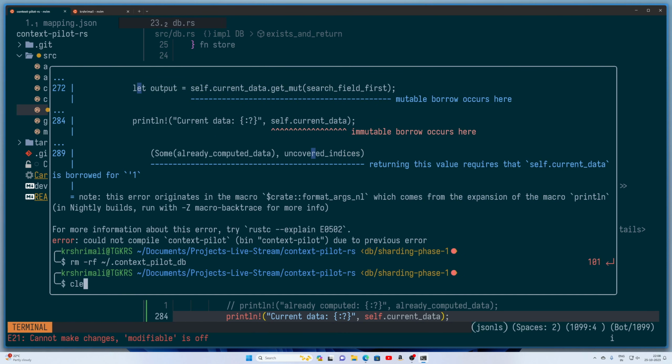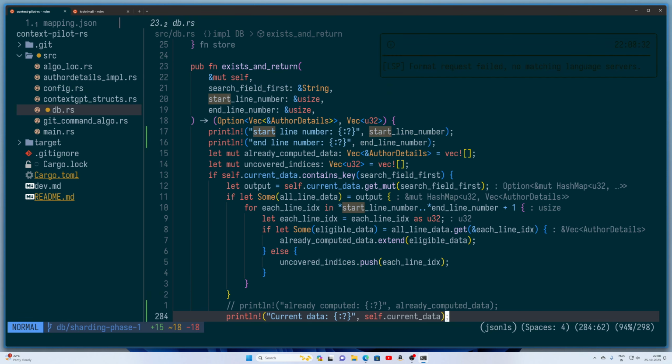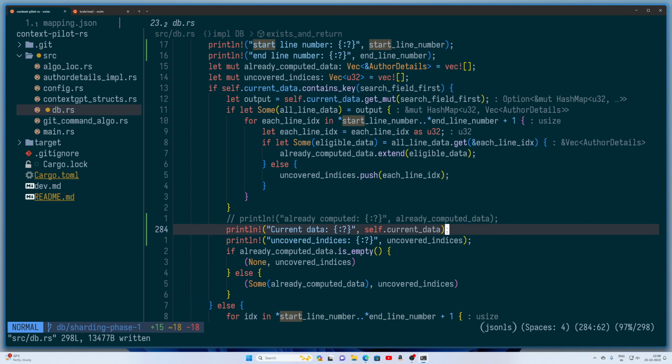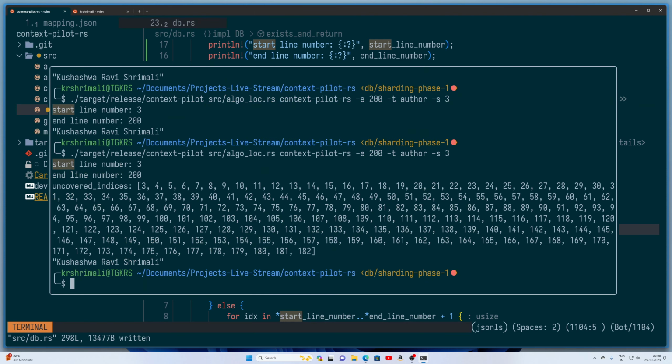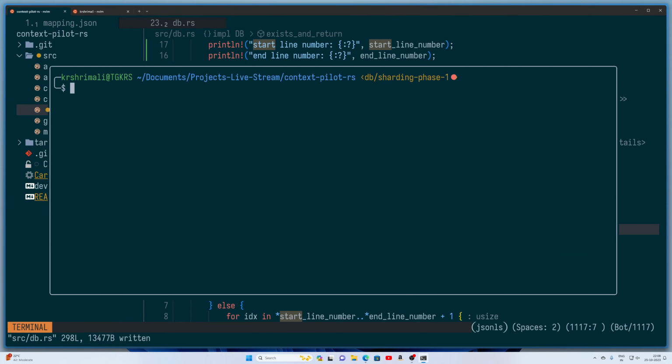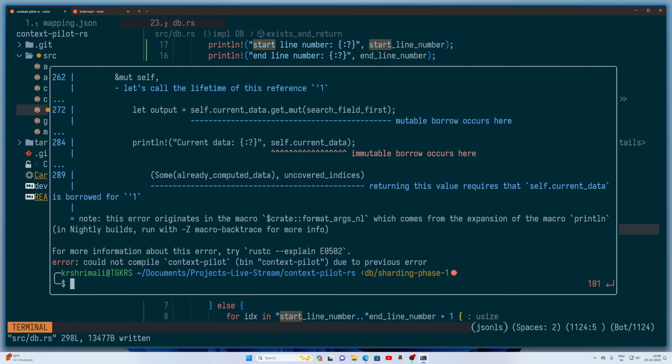If I do target release srcdb.rs, there you go. Yeah, now if we do this again, see. Array. Why did it not print current data for me? Is it empty? Is it cell.current data, right? This is fine. Wait a minute. Why did it not print? Okay. Oh,